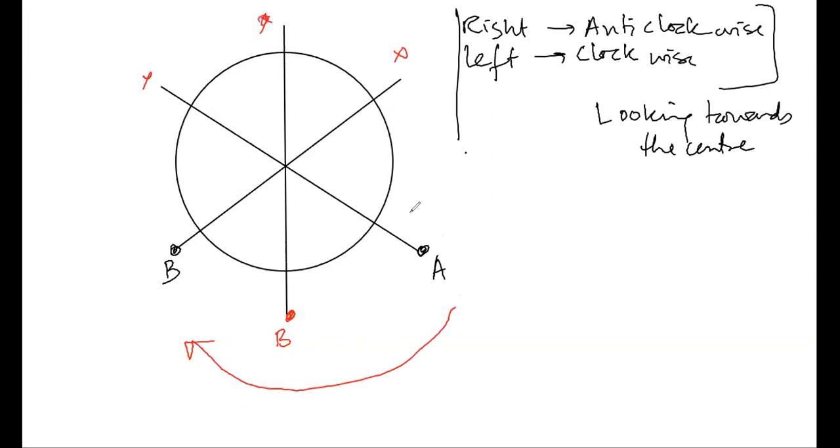So this cannot be B. You cannot say that I have gone clockwise and reached B. No, it doesn't work. That is anti-clockwise, the shorter distance. So to the left of A, in this case, when there are 6 positions for 6 people, B can only sit either here or here. Is that clear?